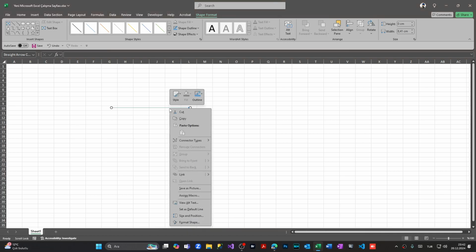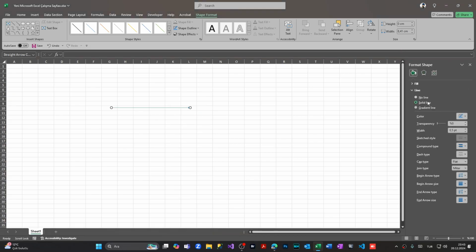Clicking right on this shape, and from the menu that appears, we're going to Format Shape, and from the menu that appears on the screen, I will change the color of this arrow. In order to do that, we're coming to the Color section, clicking this Outline Color, and I'm going to make it red. It appears it's going to be red, but I want to increase the thickness of this arrow. We're coming to the Width section, and from here I'm going to put it to 5 points,